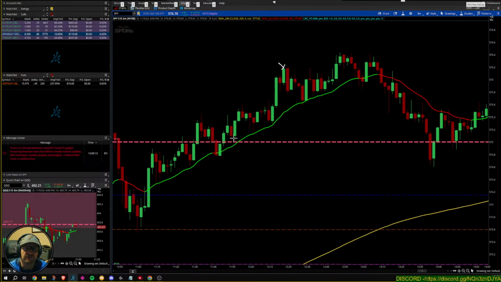I did exit here, my last candle, but I entered here, right? What did I do wrong? What I did wrong is this is a major level. 575 has been a major level, right? I needed this to go up, I needed it to come back, and I needed to see a retest. I needed to see a real retest, not just a move and a move. So this kind of faked me out a little bit.